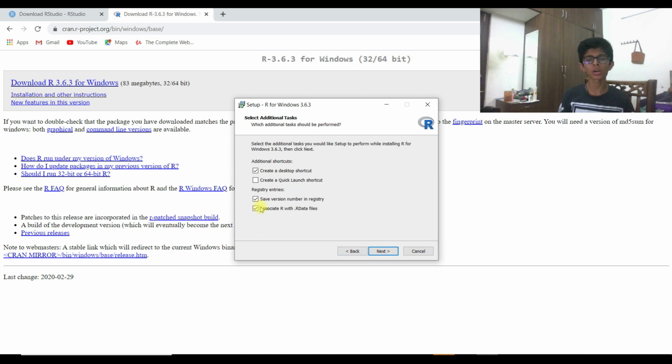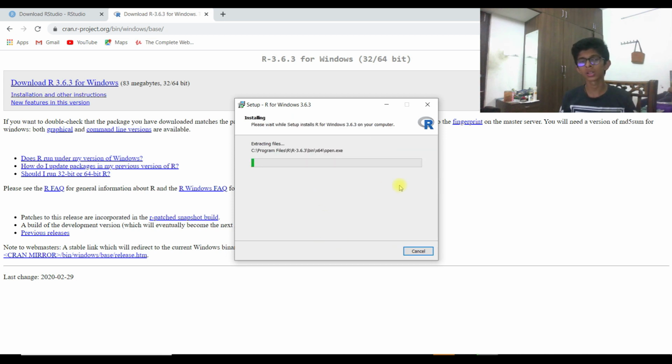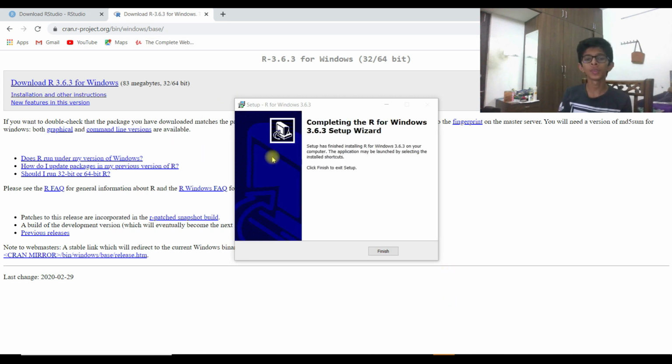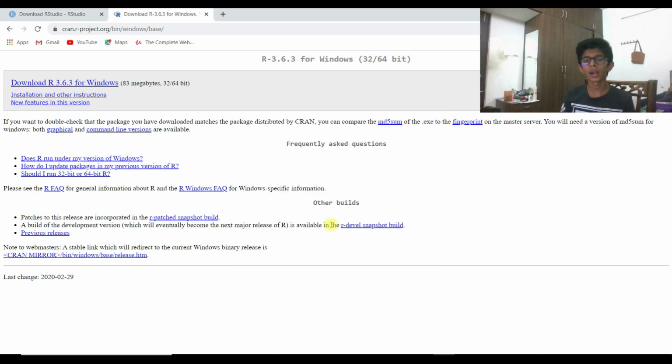Create a desktop shortcut if you want. If you want a quick launch shortcut, you can, but I think it's not needed. Again give yes. The installation depends on the speed of the computer. My computer took 30 seconds, and it depends on yours. Now let's give finish, and that's all.